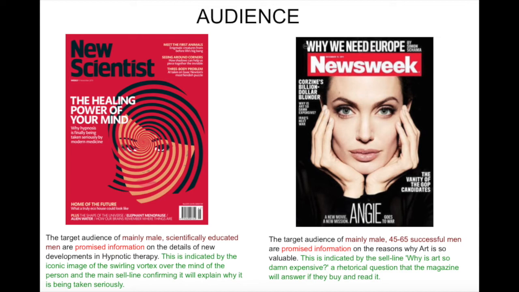And we've used uses and gratifications theory, in this case information, to say what they get from what's on the page, and then we support it. This is indicated by the iconic image of the swirling vortex over the mind of the person, and the main cover line confirming it will explain why it is being taken seriously. So at that point: target audience, what's the use, have you supported this with evidence? And you can do that for a couple of cover lines around the magazine cover.